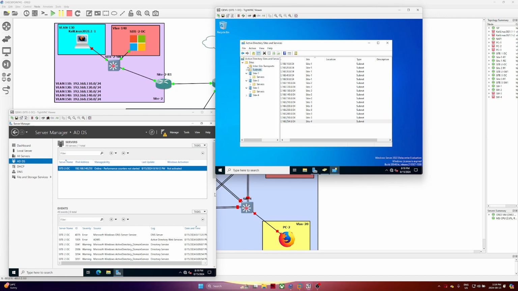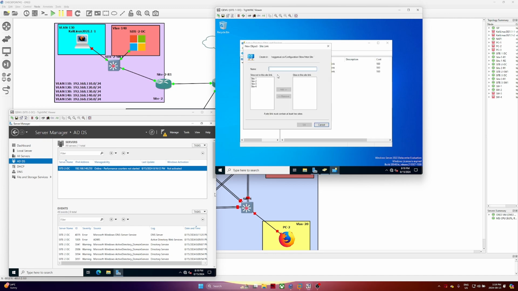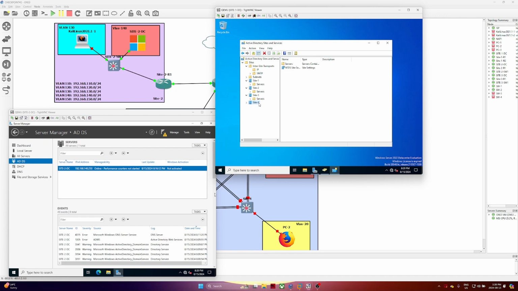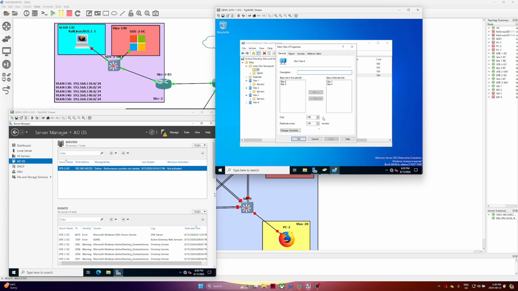The next thing we need to do is assign a link type to it. So let's say I want it to be from site 1 to site 4. Here, let's say site 1 to site 4, and create a link. To change the site link, just click on this, and we say site 1, site 4. If you remember previously we had this, we just remove site 4 here. So remove site 4, and you see we have site 1, and this way we can communicate with our